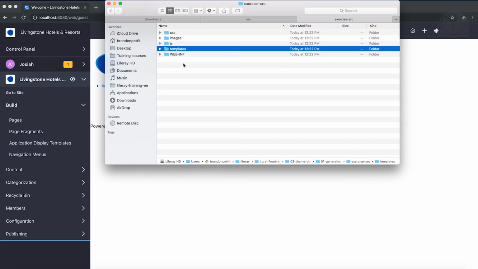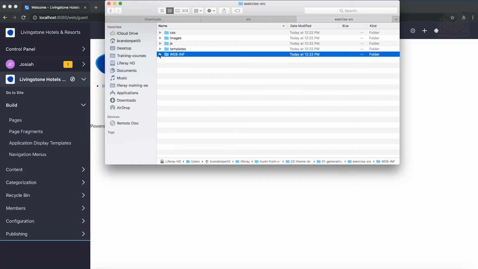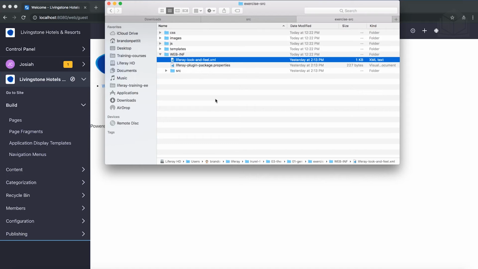Okay, now like I said, in real life, when you're doing this, you will take whatever files you want to modify from the build folder in your theme. But for our purposes, to simplify things, we've included a number of files that are either pre-written for us or that give us some hints as to where to put things like snippets or write in some of our own code. So let's go ahead and open up the web INF folder for the exercise source,